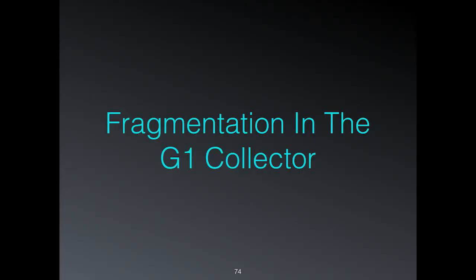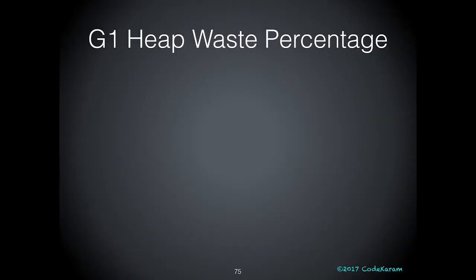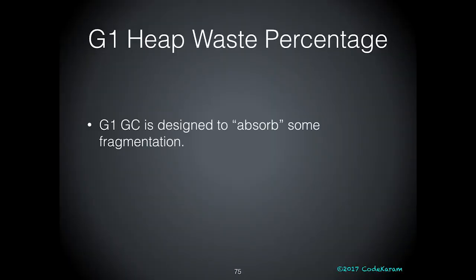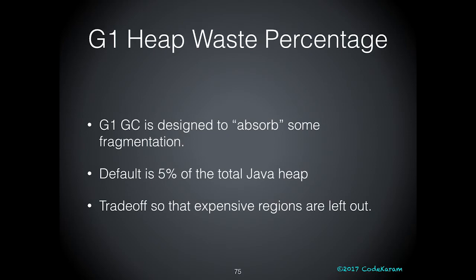So let's talk about fragmentation in G1. G1 has some internal fragmentation that we already had covered, so I'm going to go quickly through them. Remember I spoke about heap waste percent? I say that I have enough heap to spare, so I don't want to collect expensive regions, right? So G1 is designed to absorb some fragmentation. So it does have it. It's internal. You don't want to collect those regions. You don't want to touch those things. So its default is 5%, and it's because you want to leave those expensive regions out, not included in your